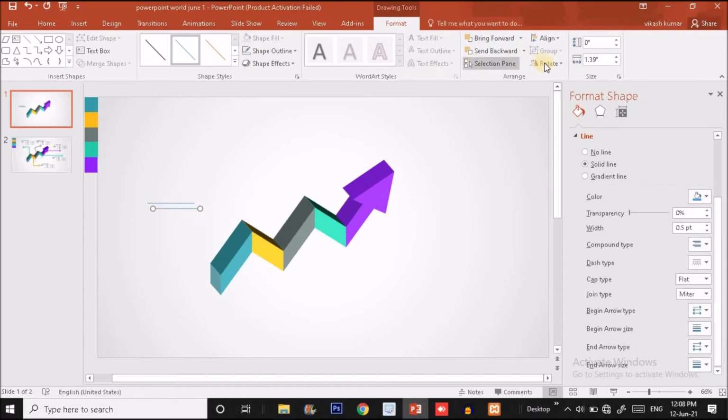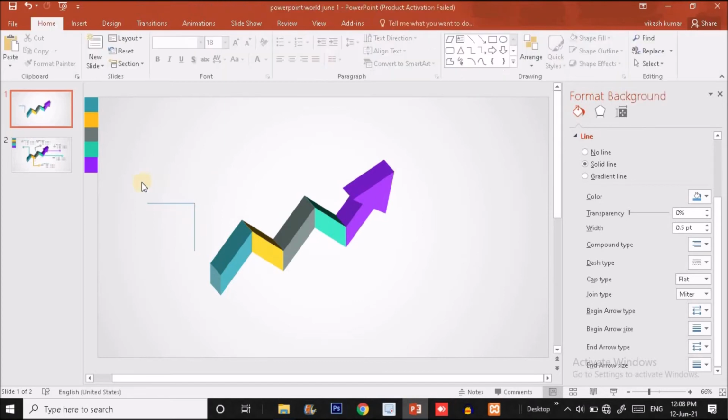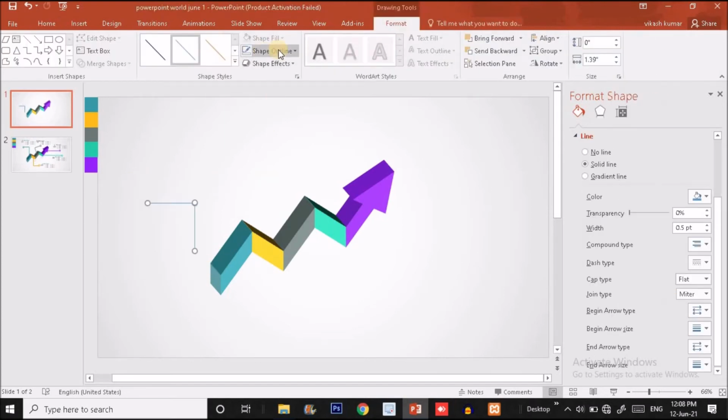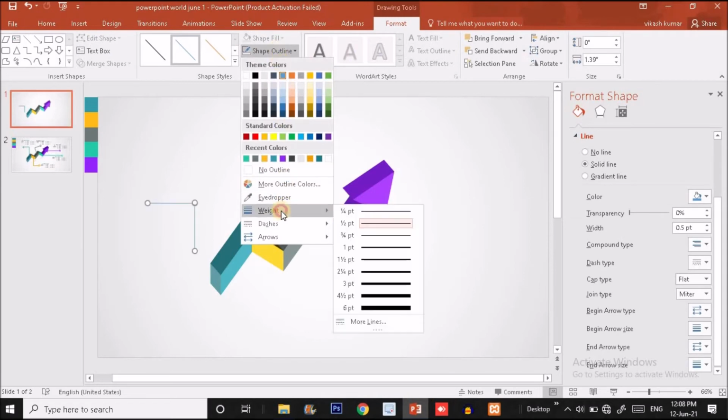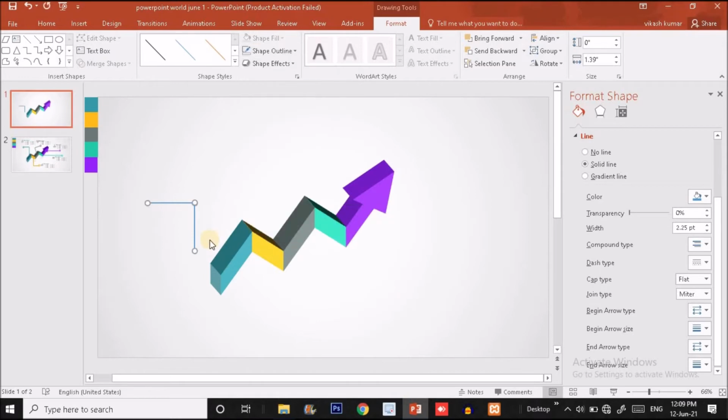Press Ctrl D to make a duplicate copy. Click on rotate and rotate 90 degrees, and put this line over here. Now I'm selecting these two lines and increasing the width of the line, to this much.